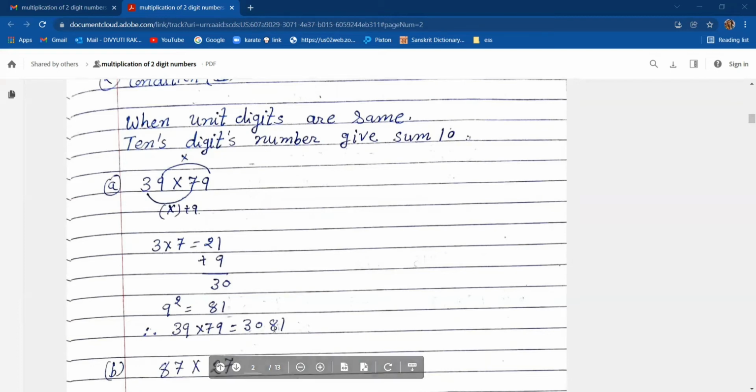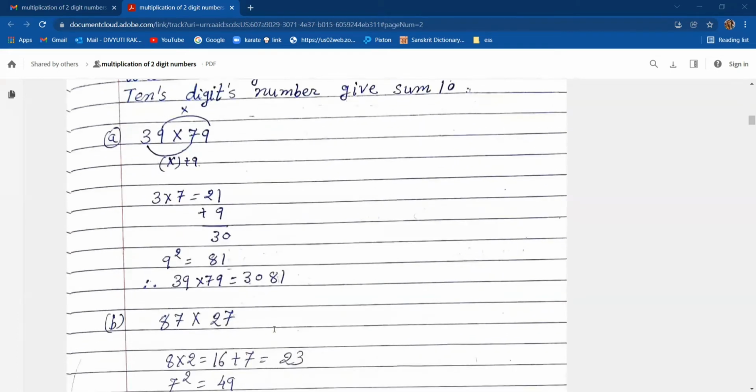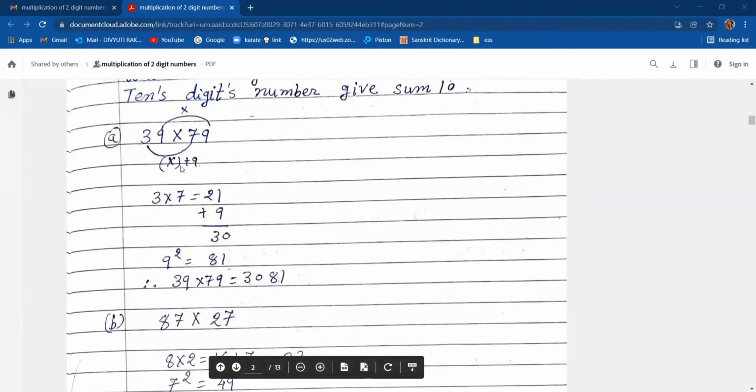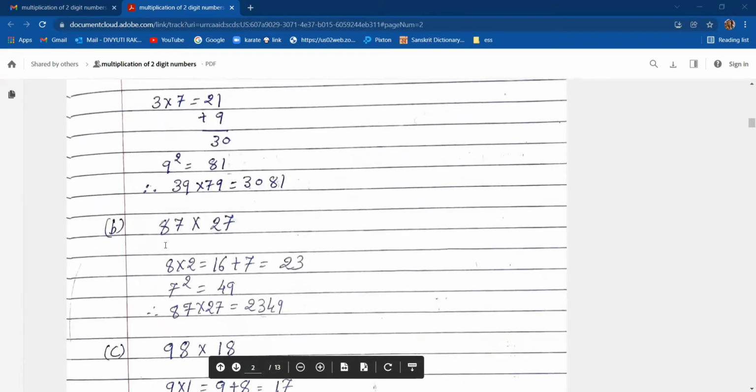This is also easy, but you must find out the difference between these two conditions. In the previous one it was tens digit same, and here unit digit same, so methods are not same. Okay, so keep this in mind and do more and more practice, so that you will be habitual with these methods. Right, now let's move on to the next question, so that you can get a proper idea how it works.